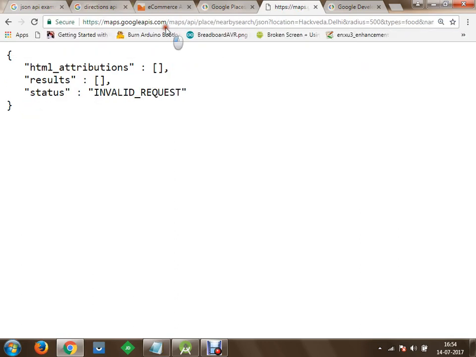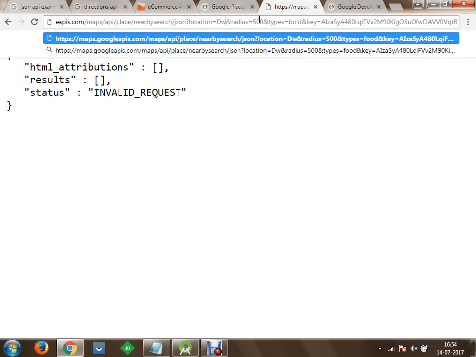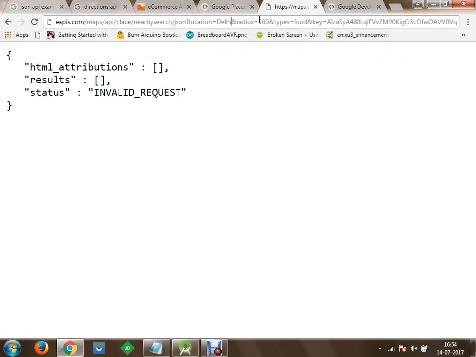It says this request is an invalid request because we have not found a result. Location is fine, but name equal to cruise was not available, I guess. So let me remove this name cruise information and search again. That's an invalid request. We are not getting the location. For location, I hope we have to specify latitude and longitude. It could be possible. Let me quickly try that with random information, Delhi.